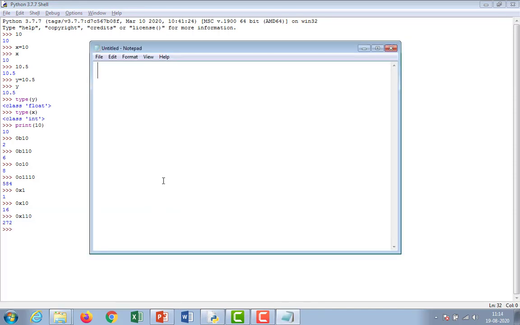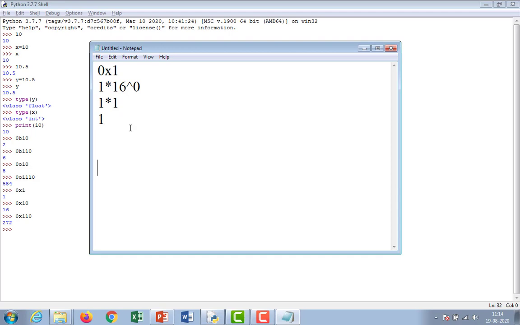Suppose we give 0x1, what does it indicate? 1 into 16 power 0. 16 power 0 returns how much? 1. 1 into 1, so output becomes 1. Does this match here? 0x1, the output is 1.